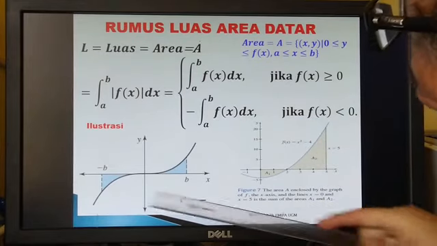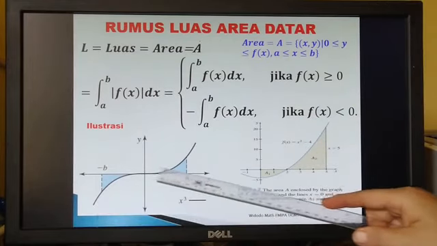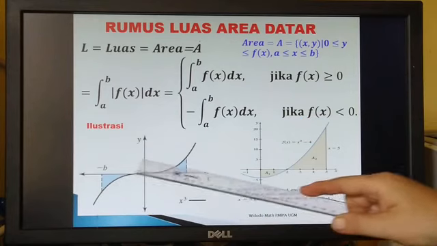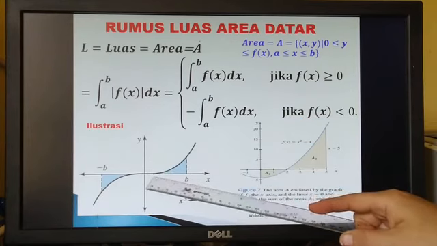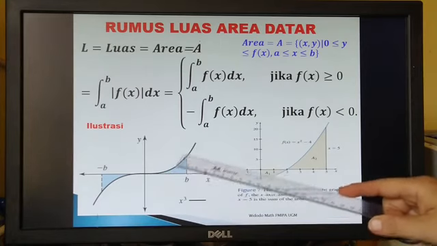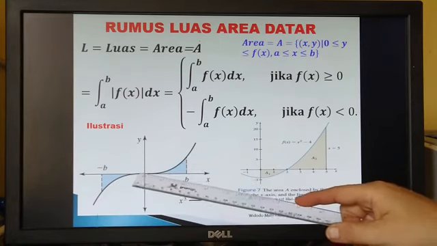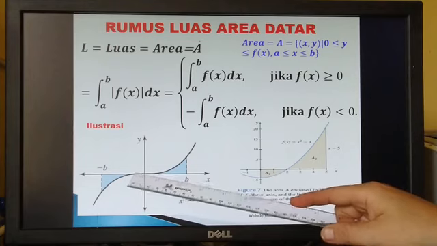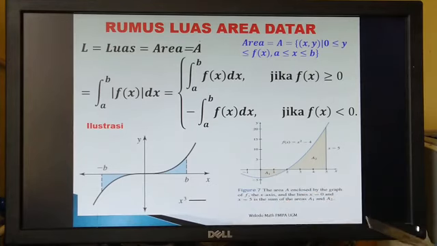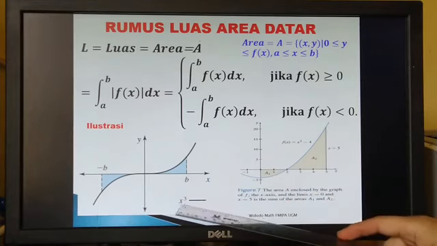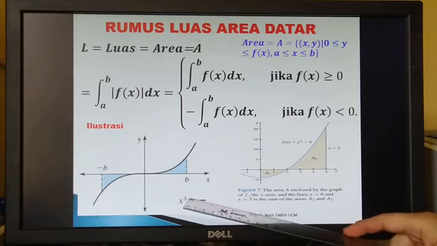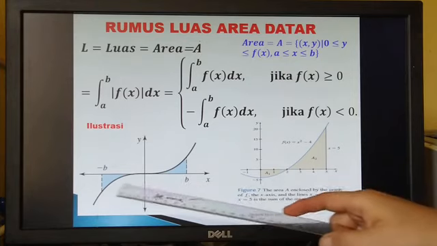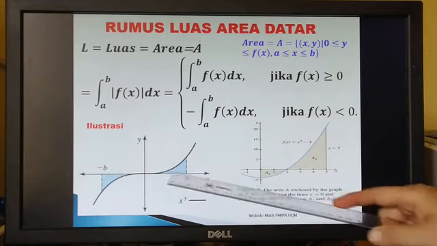For example, the function like this consists of two parts. On the right side of 0, the value of the function is positive. On the left side of 0, the function is negative. So this function is f(x) equals x to the power of 3. If you integrate this function between minus p and p,